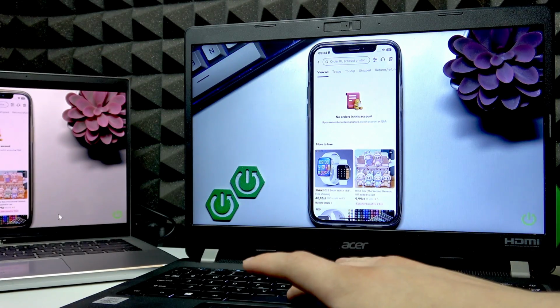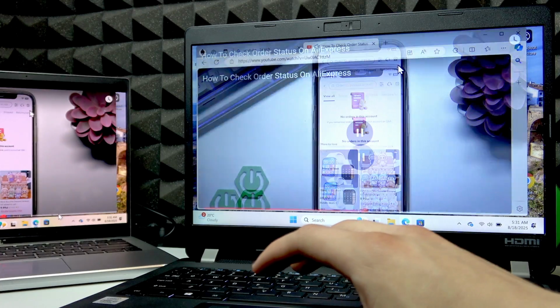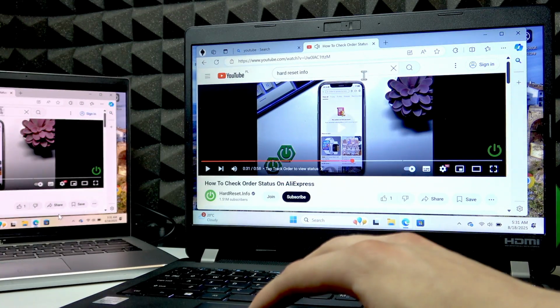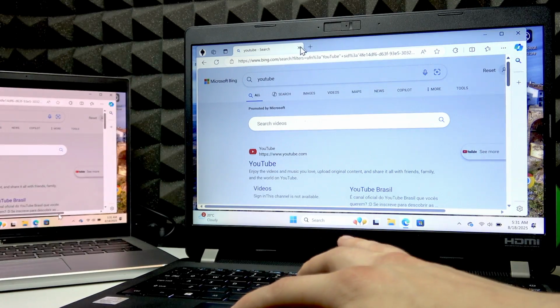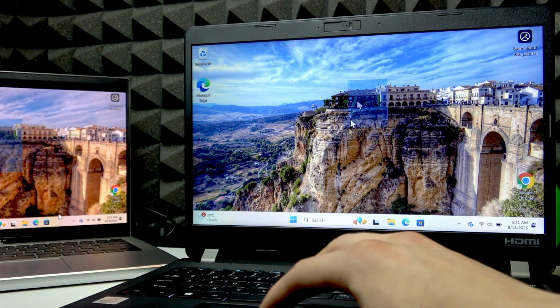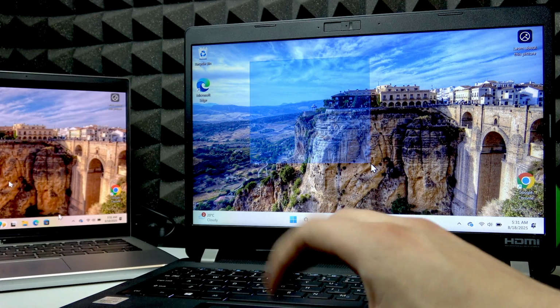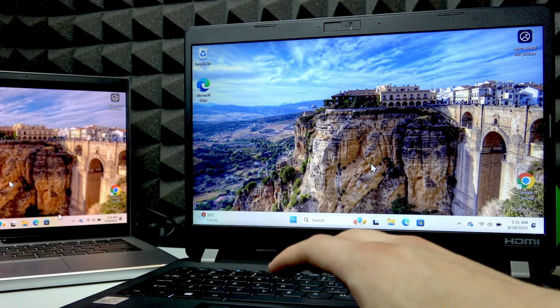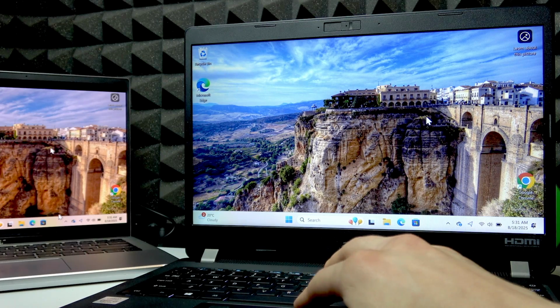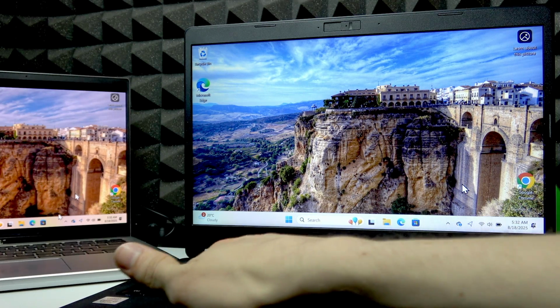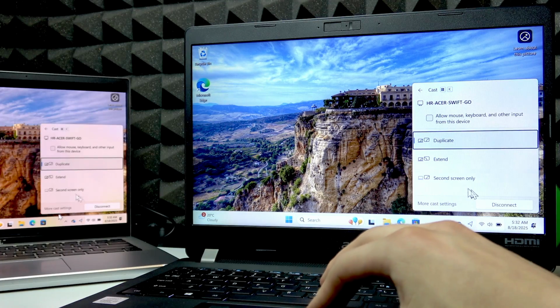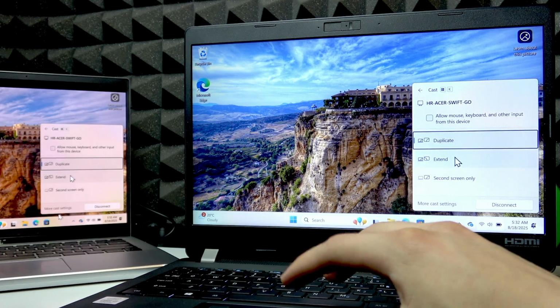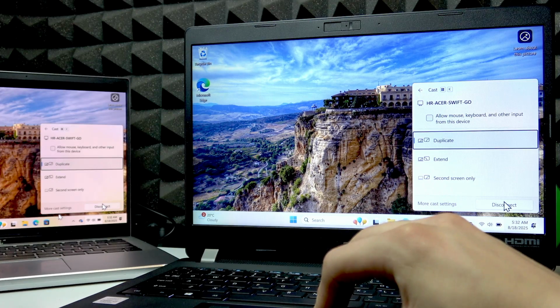So it's pretty usable for projecting videos, but generally speaking, I would rather recommend it for presentations and things with more static images. And now to disconnect your device, you have to use Windows K and then click Disconnect